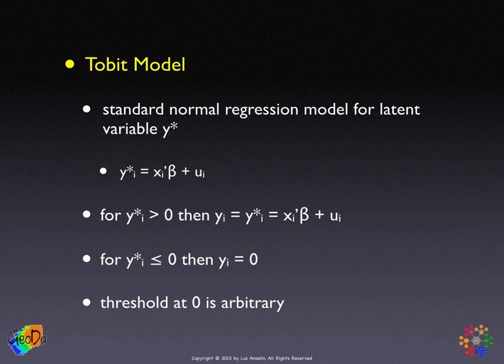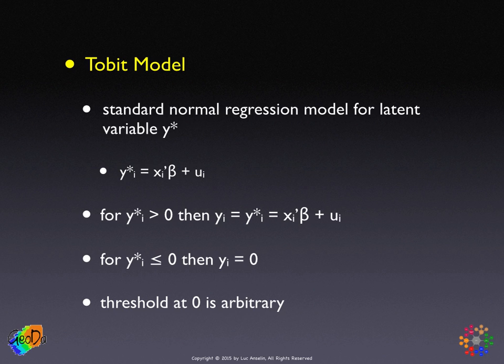We start again with the latent variable expression y star sub i linearly related to x sub i beta and the error term. Now, slightly different from the binary case, if the latent variable crosses the threshold set at 0,